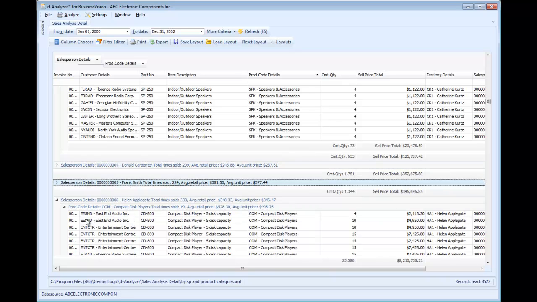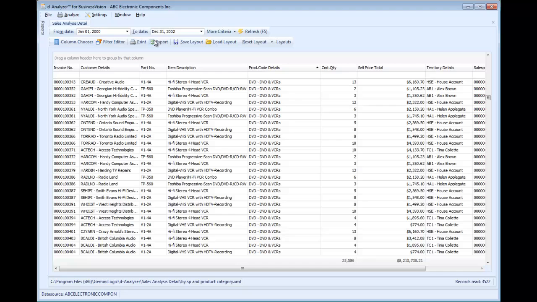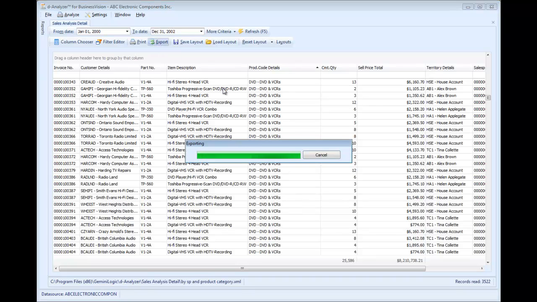I said you can print this at any point. You can also export this. You could have exported it from the print preview window. The export's nice though, because the export's nice and straightforward. If I just throw these down here to make this a little easier to see, when I export this, we